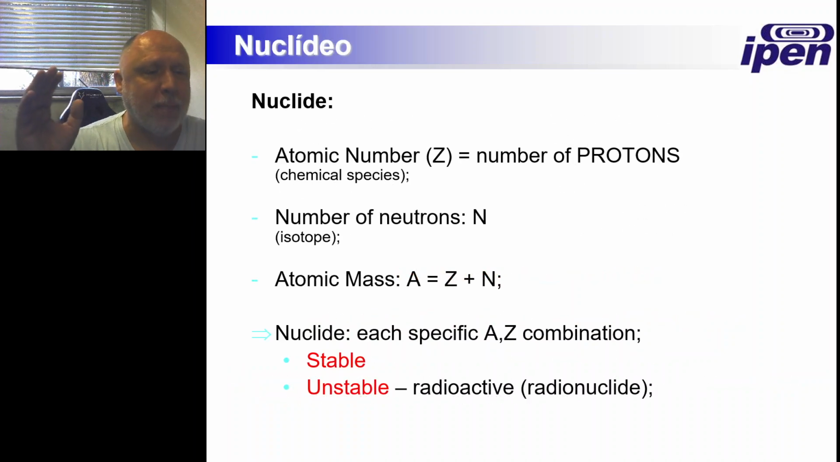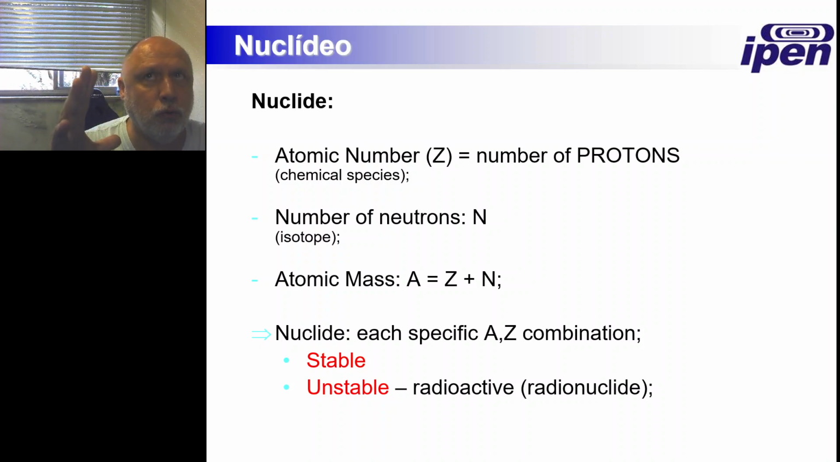So, first question, what is a nuclide? We have to define some things before we can go on. So we define something called a nuclide. A nuclide is something that has a certain number of protons and a certain number of neutrons, right? So you have a nuclide which has Z protons and N neutrons. Z, the number of protons, defines the chemical species of the nuclide. Why? Because